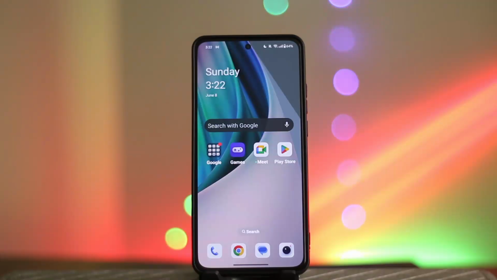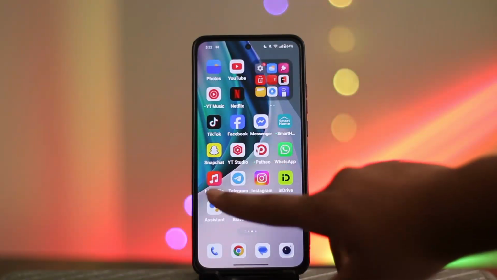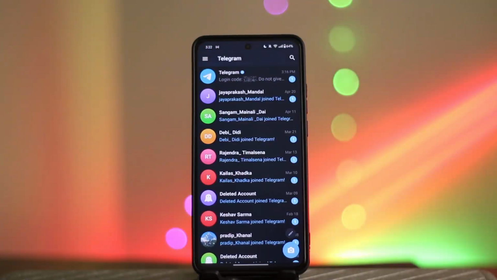So if you want to deactivate your Telegram account temporarily for a short period of time, what you're gonna do is, first of all, open the Telegram app on your device. Now, you have to keep one thing in mind that Telegram does not have the option to deactivate it right away. So what you're gonna do is, first, in the top left corner of your screen, you can see a